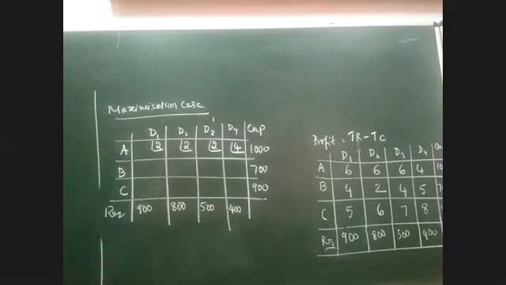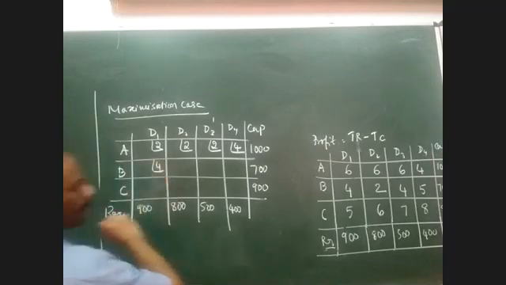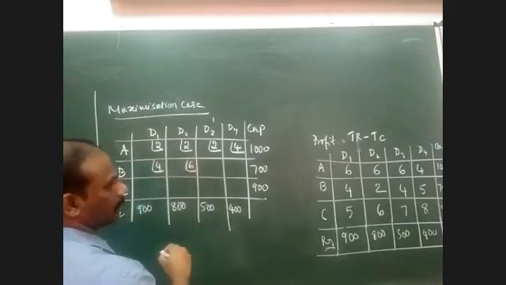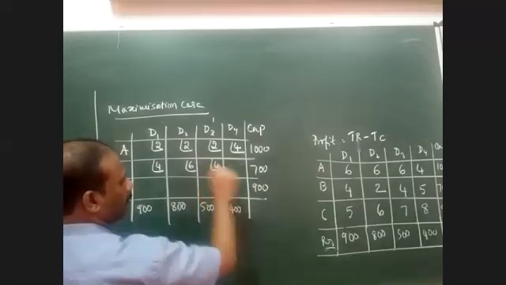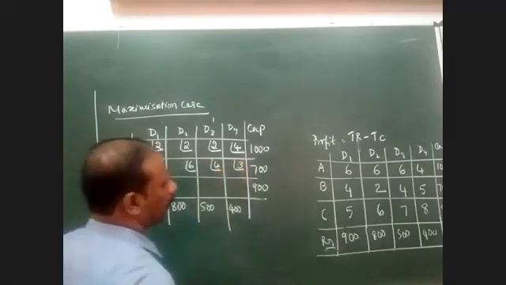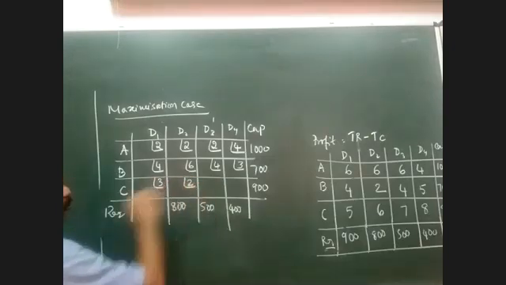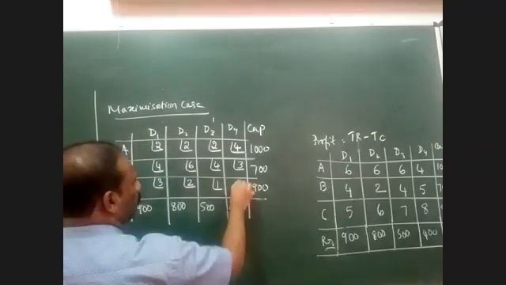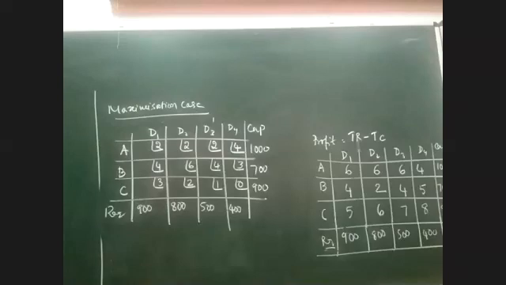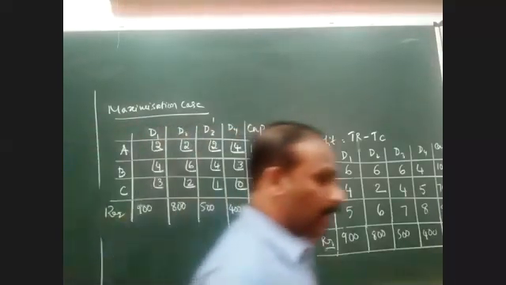Quickly. 4. 4, very good. 6. 6. 4. 4. 3. 3. Good. Last set of rows. 3. 3, 2, 1, 0. And this is 0. Now the question is successfully converted to minimization case.